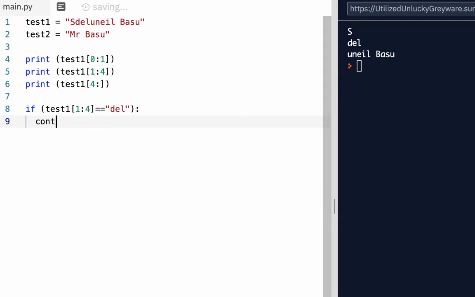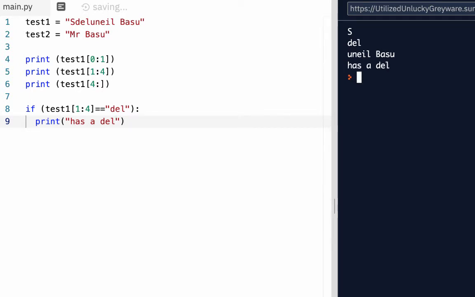contains, wrong language, print has a del. When I run this, it has a del. So I'm going to make a function